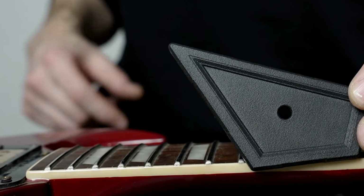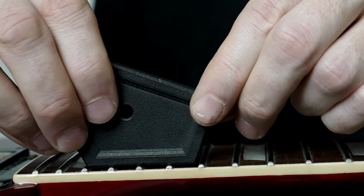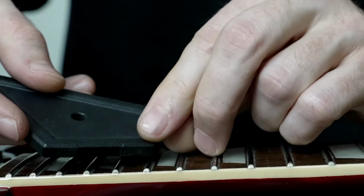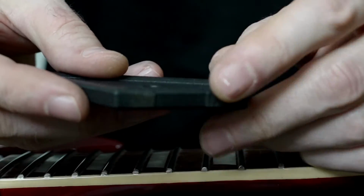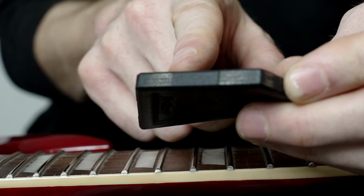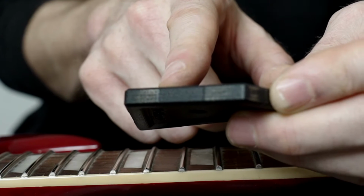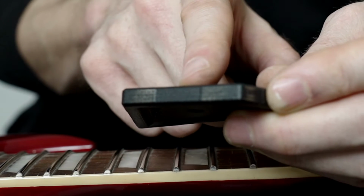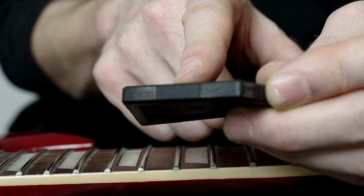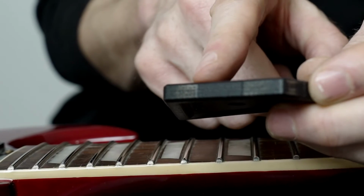especially for fret leveling, because you can put this on the fretboard, slide over this, and you put some paper here in between. Here you have a small notch, and this notch is exactly the depth of 0.2 millimeters, which is the thickness of the 400 grit paper. So if we use a paper here, we cut out a little piece of paper for this notch, and then